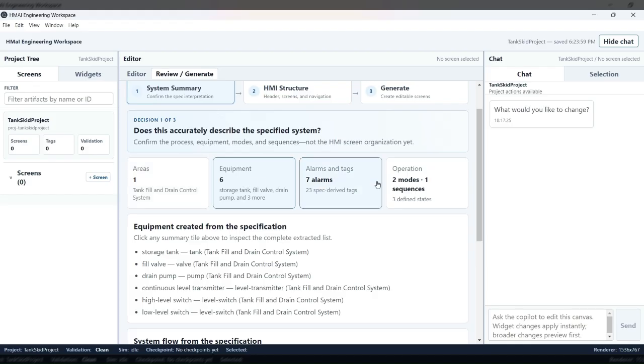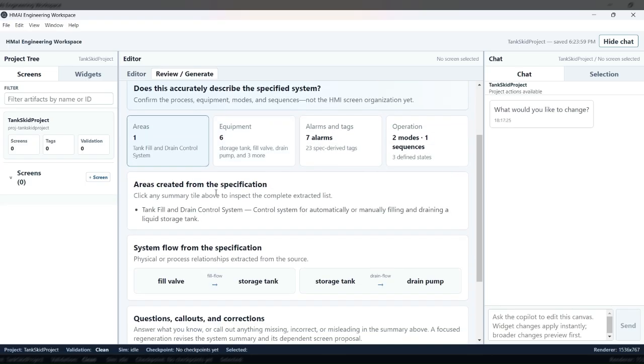easy to view tiles. These tiles show you how many control areas there are, what equipment is contained within them, the alarms and tags. That's like the fault conditions and variables that are critical to this project, and the operation modes. And you can click on each of these tiles and you can see it'll tell you what the control